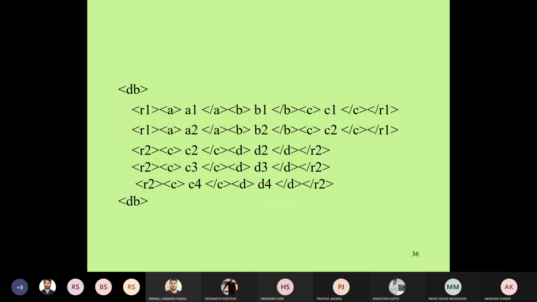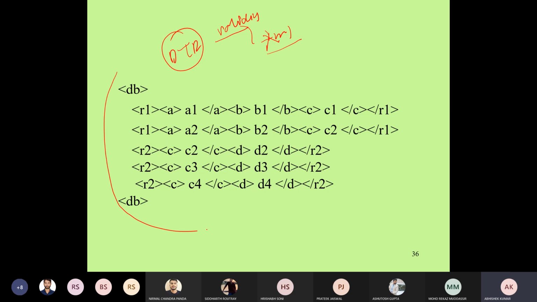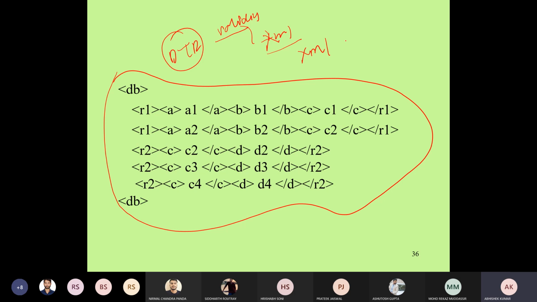So, can anyone generate the DTD from this XML? Till now, what we have done, we have the DTD and we are validating our XML, right? We are validating from the last two questions. We have a DTD and we are validating whether the given XML is correct or not. Here we have been given XML, and we want to generate